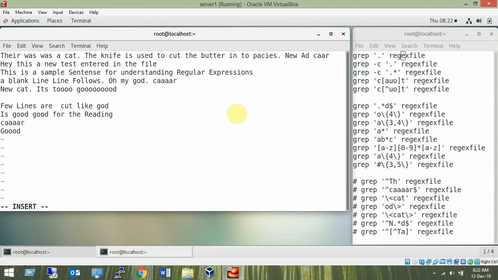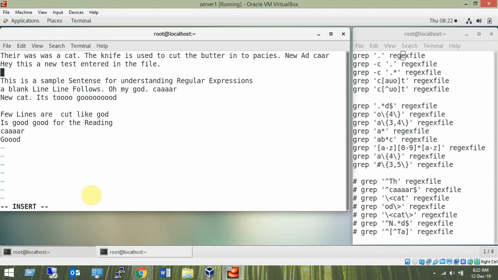So I can type now. I'm in insert mode. When you are in insert mode, you will see INSERT at the bottom. The INSERT at the bottom means that you are in insert mode. You can continue typing. To go back to command mode, press the escape key. The INSERT word at the bottom should disappear, and that means you are working in command mode again.